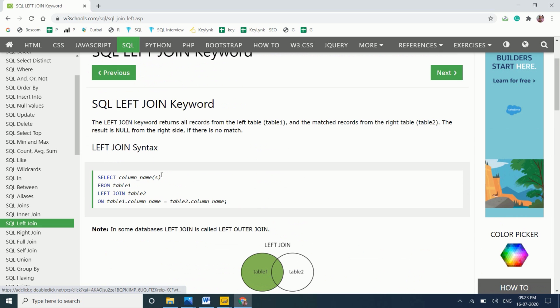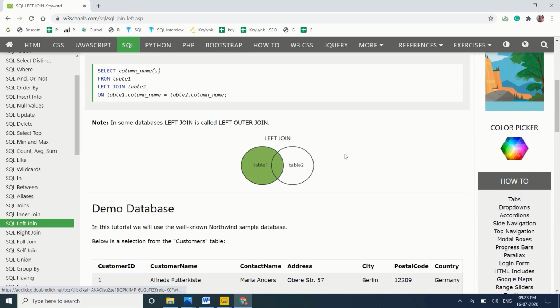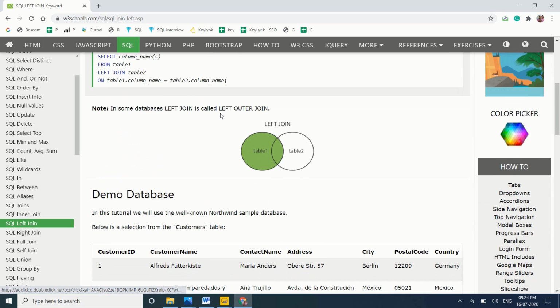Left table plus matching records from the second table, the right table. If nothing matches, it returns a null value. Left join is also called left outer join.